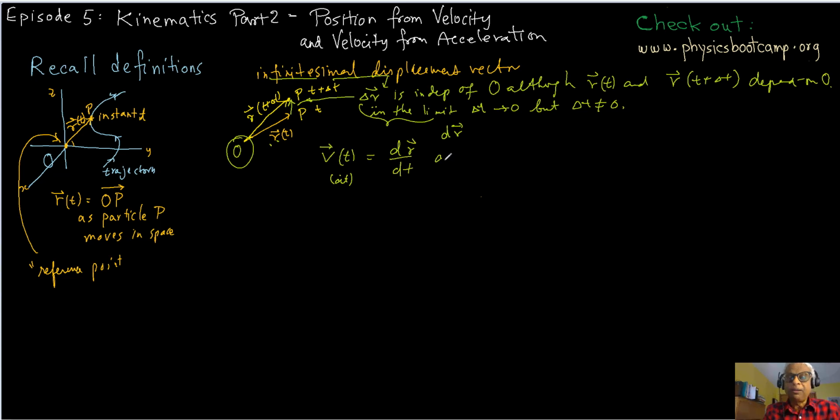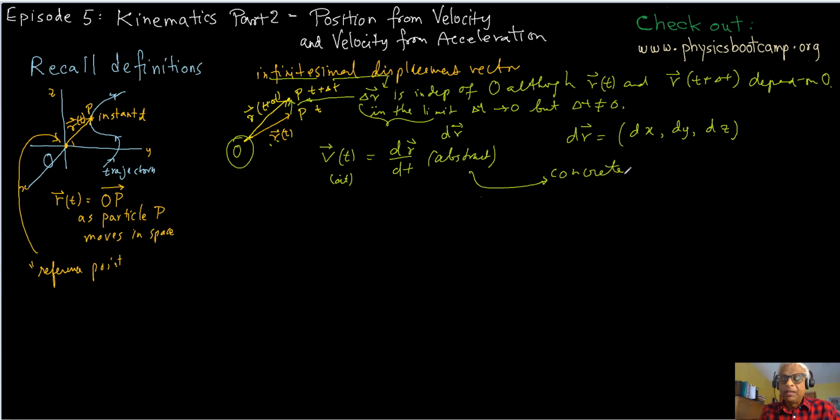So this is abstract, and when we write it down in terms of x, y, z, then this vector dr becomes just dx, dy, and dz. So to be more concrete, in components,